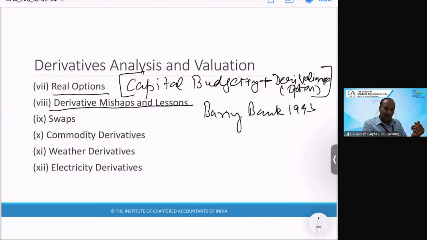Okay, the 1995 case. It is a very important case, a kind of landmark case, where one rogue trader, Nick Leeson, compelled this bank, a more than 200 years old English bank, to go bankrupt. Then we have swap agreements and commodity derivatives.